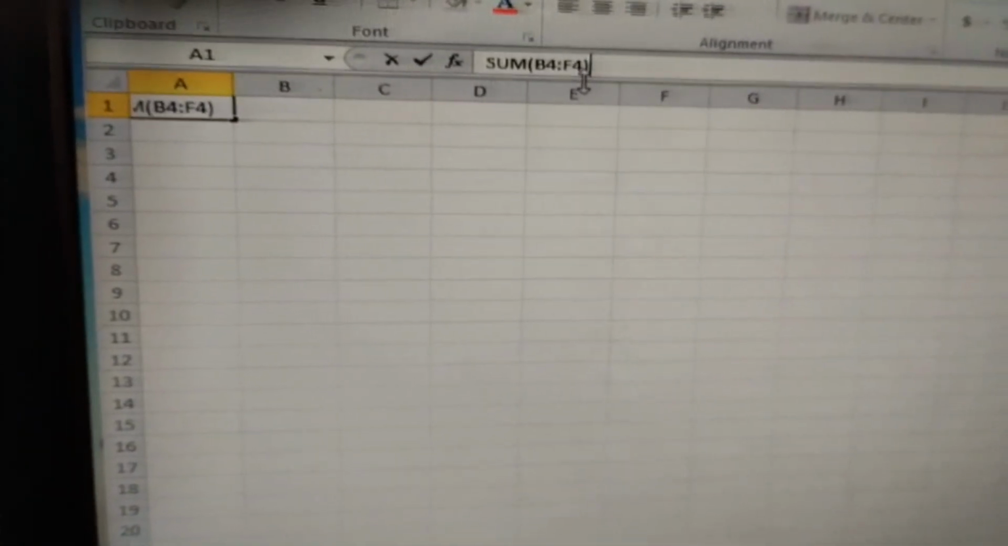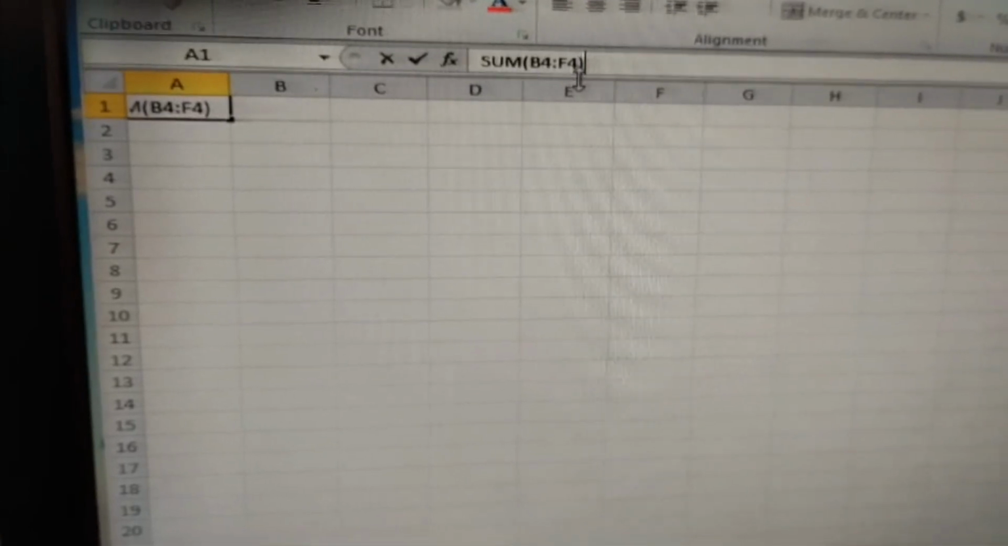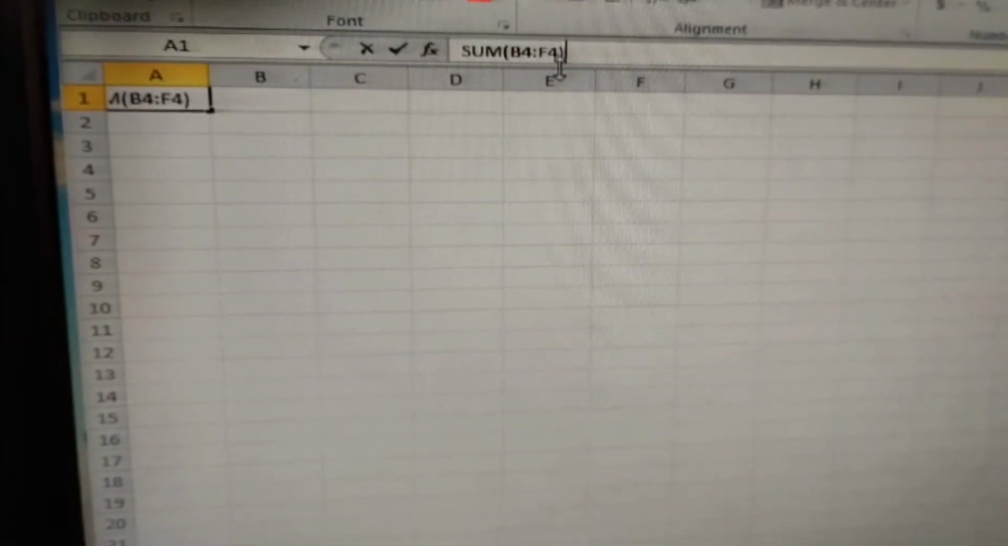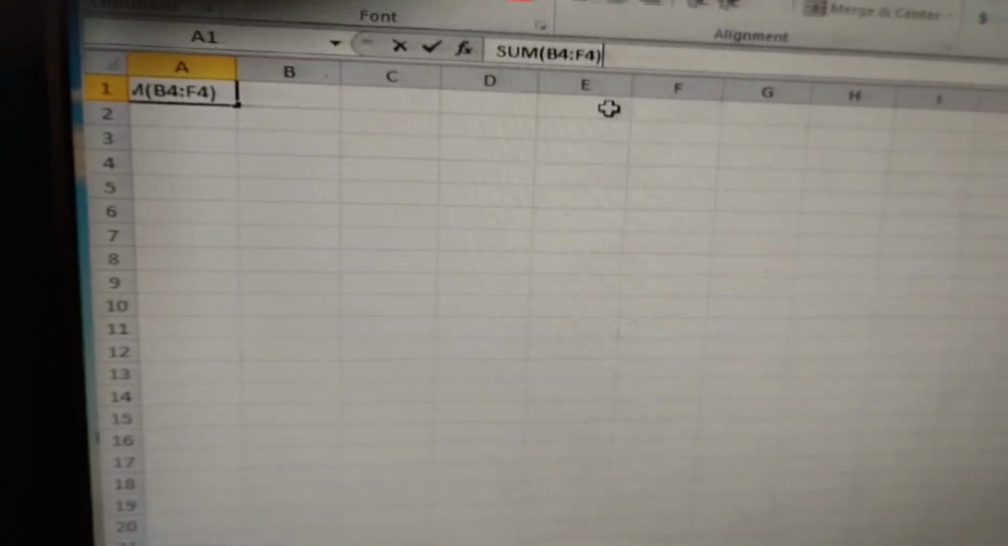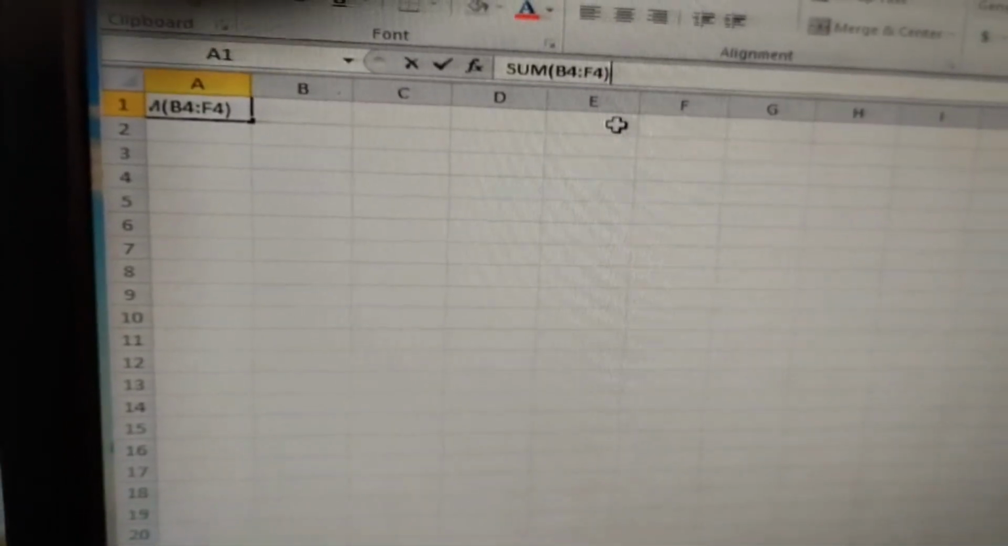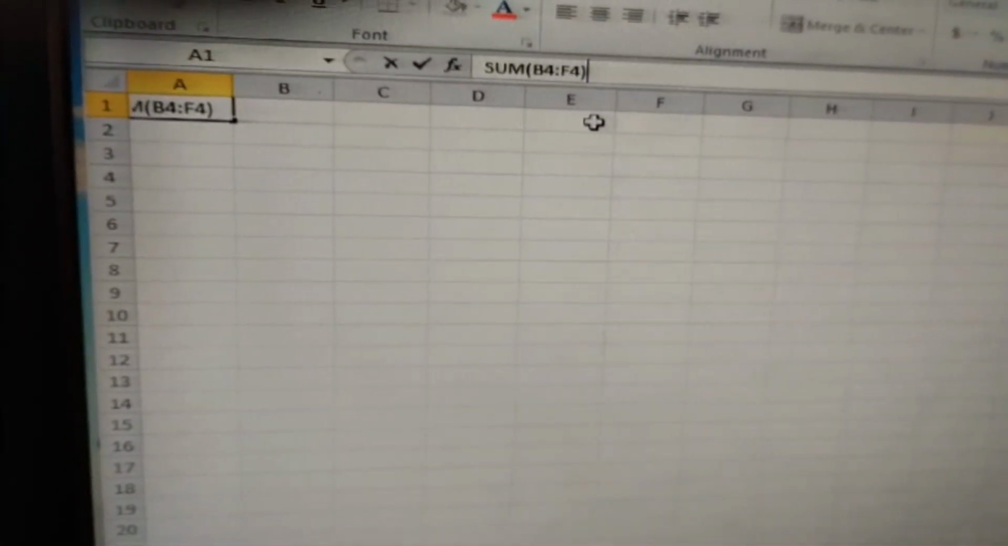If you want to find the average of a given set of values, you can use the average function. If you want to find the minimum of a given set of values, you can use the minimum function. Sum, average, minimum, and maximum, these are the 4 functions which we will use. So moving to the next topic,